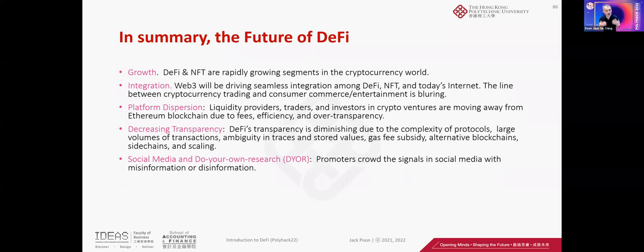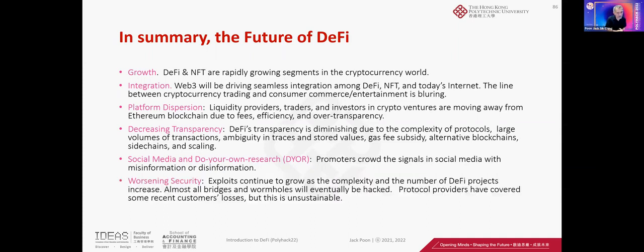Okay, so a lot of the industry people are advocating do your own research. Now the problem is, where do you get started? There is too much noise outside that doesn't allow you to easily differentiate what is real and what is not. Okay. In fact, the way I tell a lot of my students is to go down to the blockchain level and look at what's going on instead of listening to what other people say. Right. Security will get worse. That is by far no doubt. Codes are very poorly written. A lot of them don't take into consideration